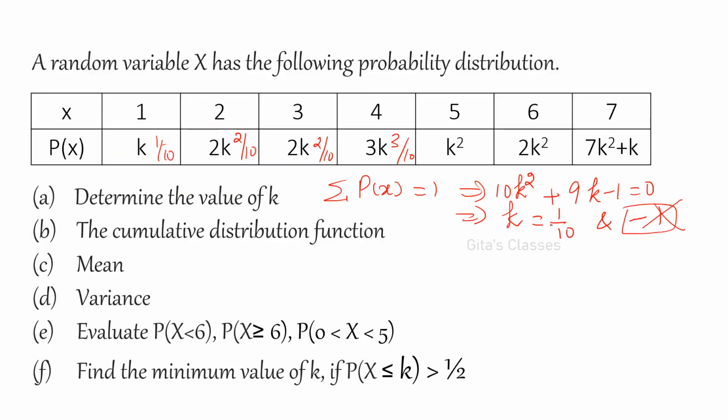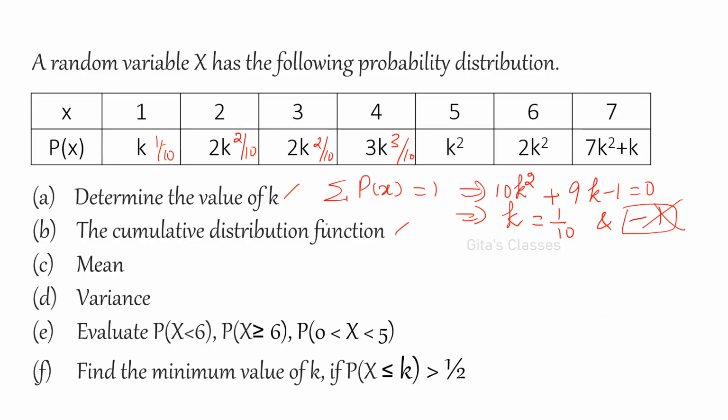And in discrete random variable, this question I have explained in COSM, it is available. Enough number of times I have given explanation for this question in COSM. If you practice this question, you can expect one such question. This question covers all the types. You can find the value of K, cumulative. Cumulative means up to the point. Suppose if you want P of X less than or equal to 1, P of X less than or equal to 2, so you have to include 1 and 2. P of X less than or equal to 3. I have formed a separate table for that and I have shown. That is cumulative. Cumulative means you have to add up to that point.